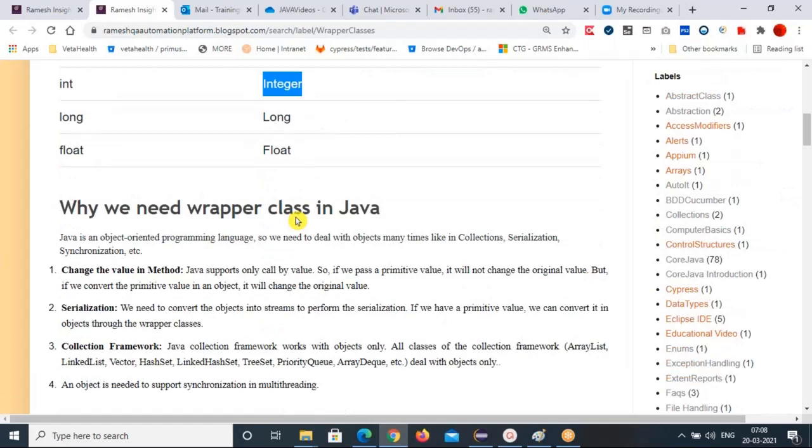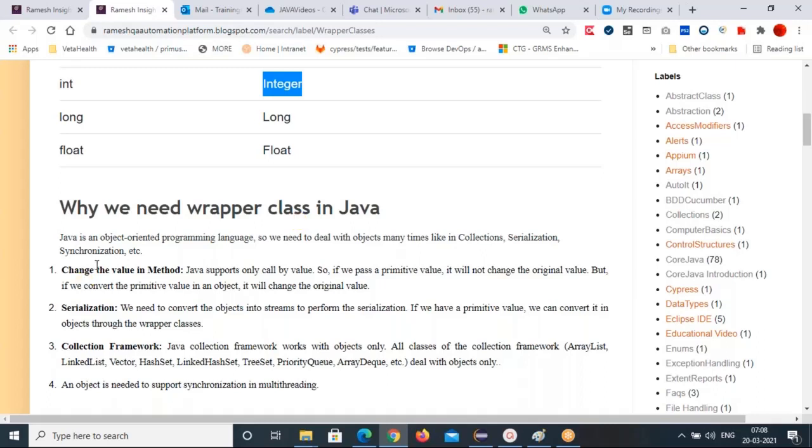So why do we need wrapper classes in Java? Java is an object oriented programming language, right? So we need to deal with objects many times, like collections, serialization, synchronization. All these places you are going to deal with only objects. In such cases these wrapper classes will help us.